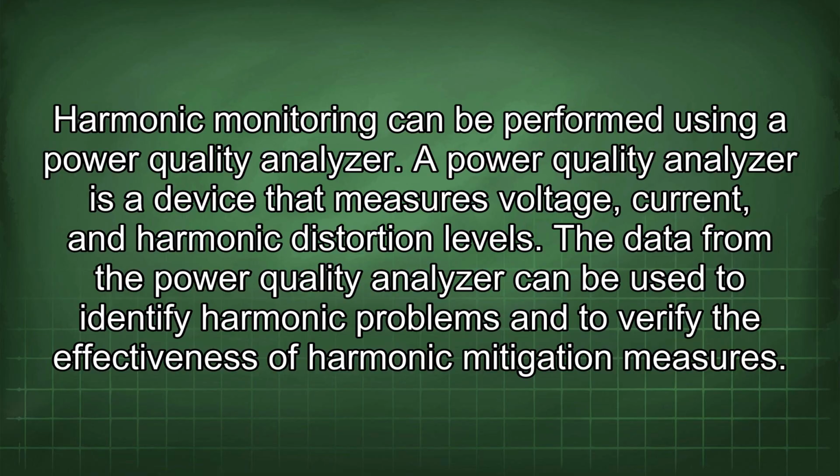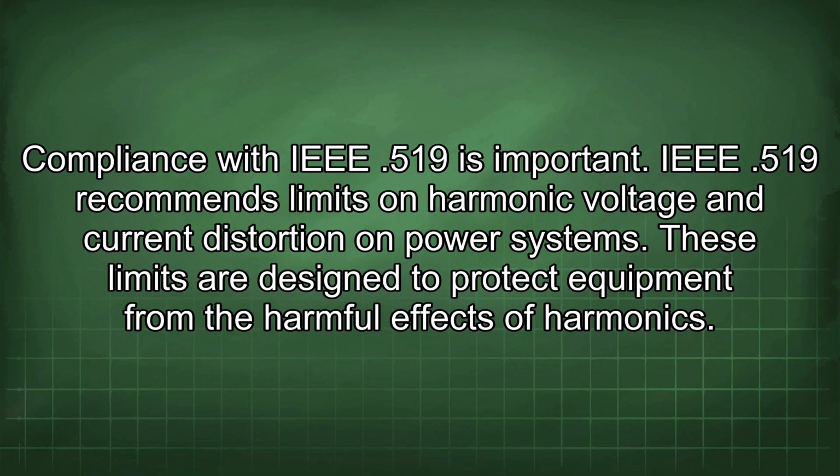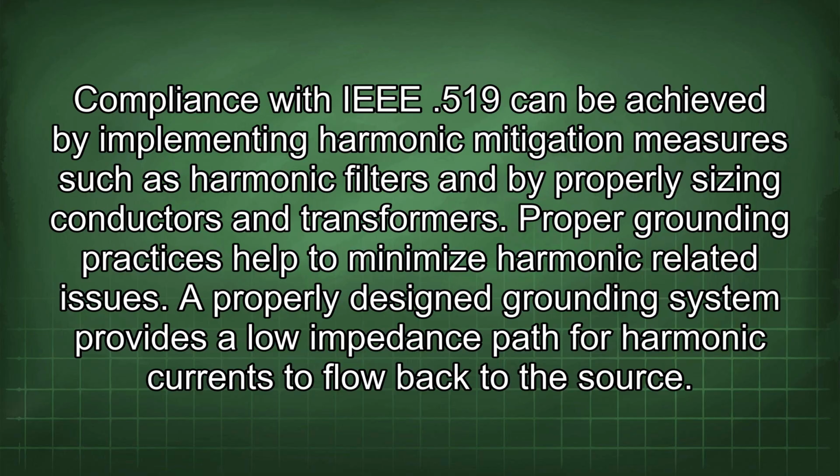Data from the power quality analyzer can be used to identify harmonic problems and to verify the effectiveness of harmonic mitigation measures. Compliance with IEEE 519 is important. IEEE 519 recommends limits on harmonic voltage and current distortion on power systems. These limits are designed to protect equipment from the harmful effects of harmonics. Compliance with IEEE 519 can be achieved by implementing harmonic mitigation measures such as harmonic filters and by properly sizing